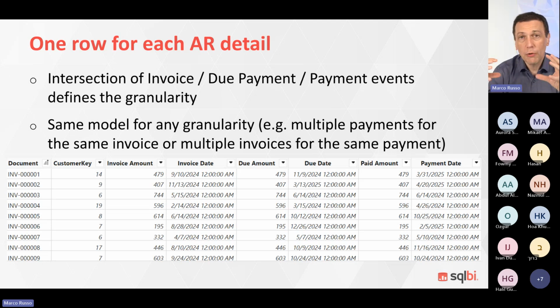What does it mean? We have to create the meaningful combination of payments, due payments, and invoices so that we create for every row the exact allocation of a certain amount. So even though the payment is, if you remember, 15,000, in reality, that payment covers 3 different due dates with different documents. Well, we create 3 rows because this way each row is easy to compute, because in each row we just have to find the distance between due date and payment date. And we want to filter those rows where due date is less than the date that we analyze and the payment date is greater than.